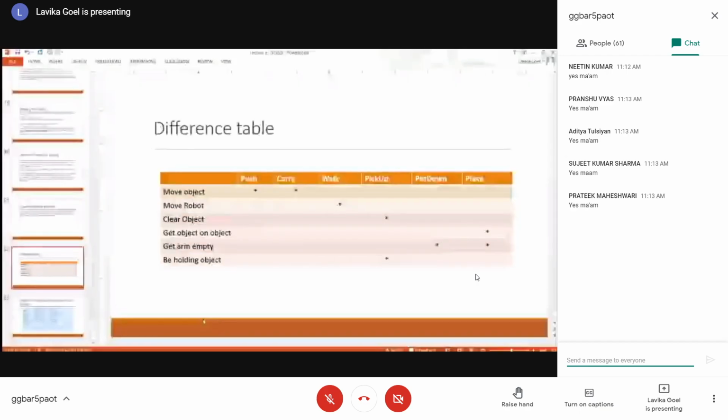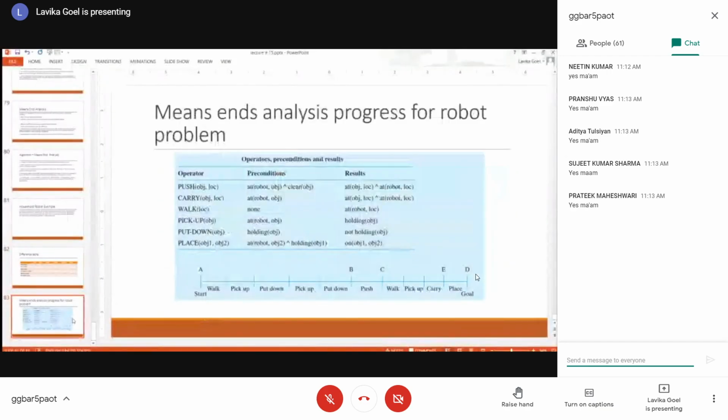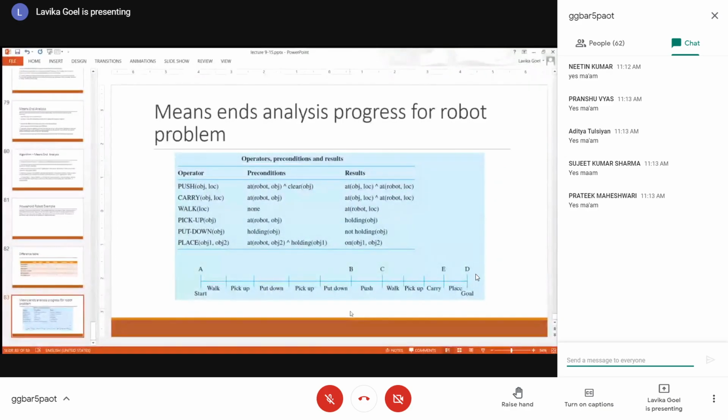Now you see how we solve the means ends analysis problem using a robot for this robot example. So basically I want to move the table from one position to another, right? And it should not have any things on it. So first of all, what will be the most important difference which I want to minimize in this case?